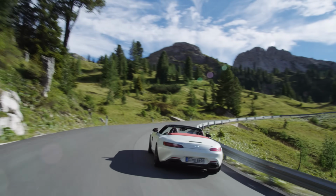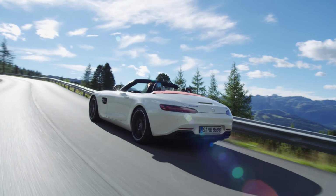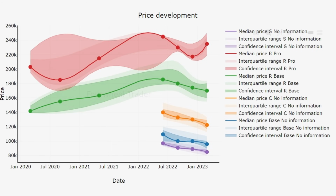Now much of this is the result of the steep depreciation curve of the AMG GTs, but actually I should say the historically steep depreciation curves. Current depreciation rates for reasonably used cars are on par with the ones in the 911 market. Let's have a look at the price trends for the AMG GTs and after that make a comparison to the 911 Carreras. Over here we have the price trends for the GTR Pro, the normal GTR, the C, the S